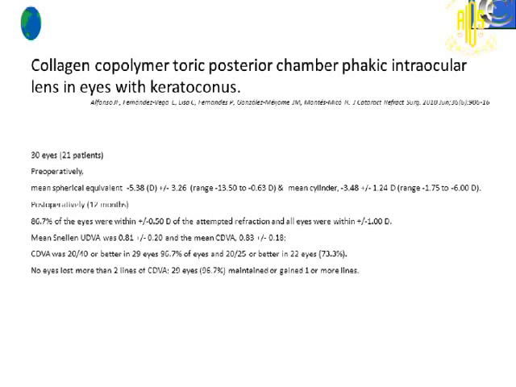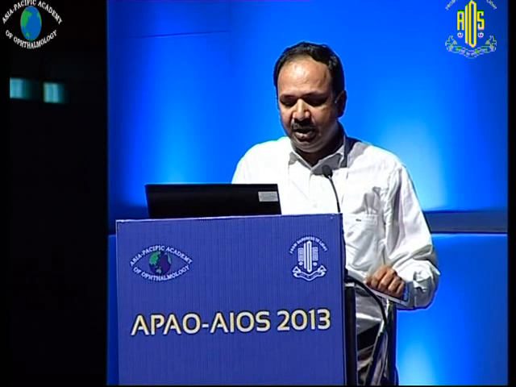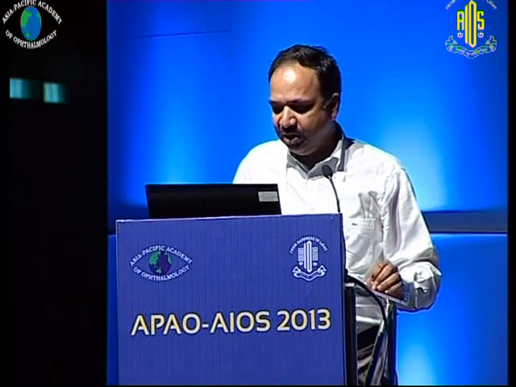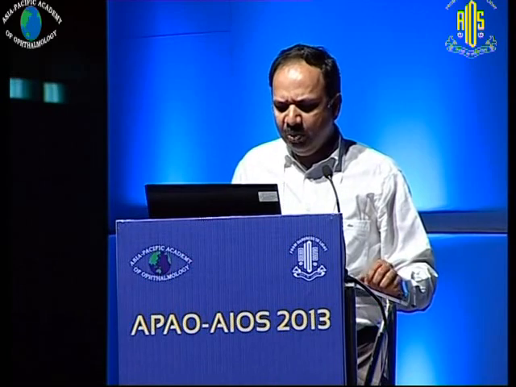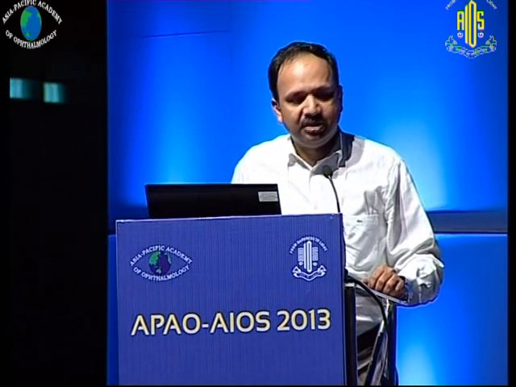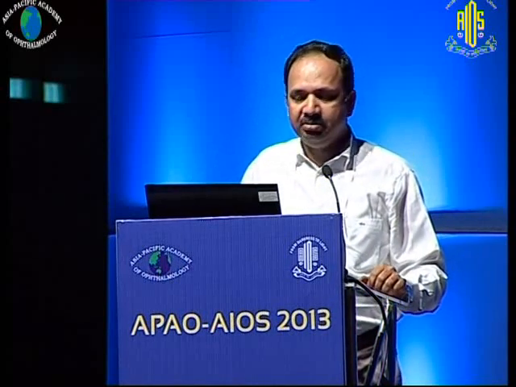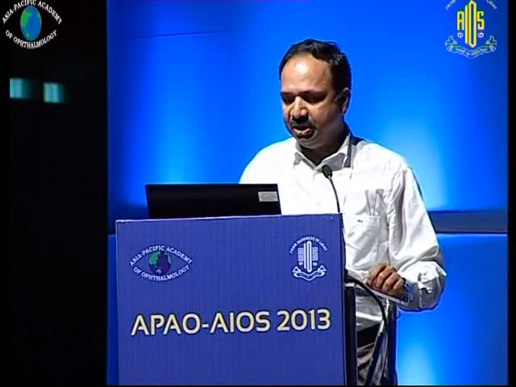If we compare our results with some of the papers recently published, this was a paper by Alfonso, and this was published in Journal of Cataract and Refractive Surgery. I don't know why the print suddenly becomes so small in that. Here again, they included eyes which had a mean cylinder of within 6 diopters, and almost 87% of the eyes were within plus or minus 0.5, and all the eyes were within plus or minus 1 diopter. The corrected distance visual acuity was 20/40 or better in almost 96% of the eyes, and 20/25 or better in 73%.